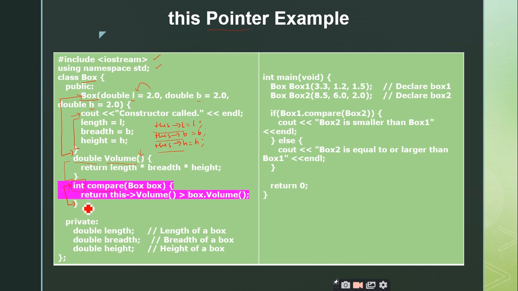So here also there is a simple statement for this compare function where I am returning the value after comparing the volumes of two boxes, right? You can see here that volume is a function which I am invoking with this pointer, and volume is another function which I am invoking with box. So if you observe the difference, what is this box?